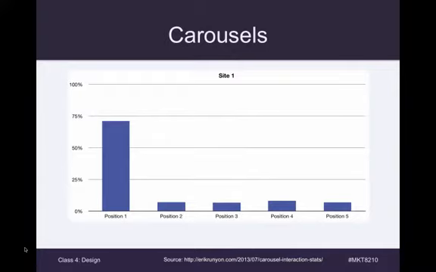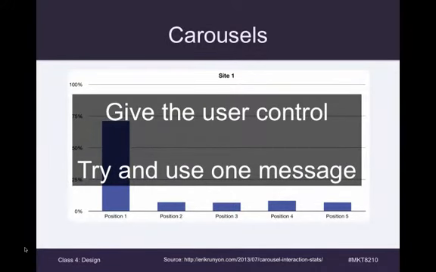If we show them this kind of data, back then I didn't really look at this stuff too closely, but now, if there were any advice I would give, and I'm going to share this in a second, the idea here is try and use one message, and certainly you can test which message is going to work or not. We're going to cover that in our testing class, but if you had to use other options, right? So if you had a situation where you needed to show more than one thing on the homepage, some of the best things I've seen now, and some of the literature will tell you that the way you should design it